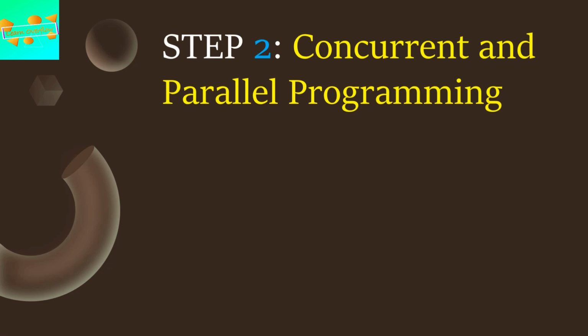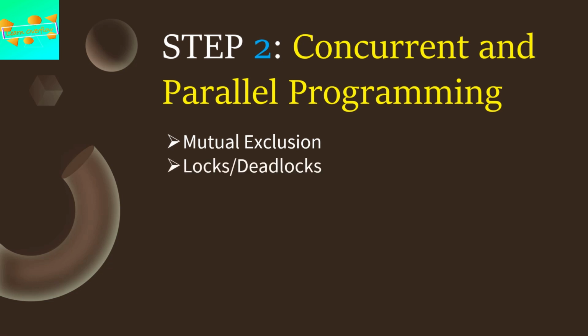Moving on to step two. Step two is concurrent and parallel programming. In this, you should know a bit in depth about parallel programming and threads. You should know about mutual exclusion, how this is done, and how deadlocks are created and solved. You should also learn about the thread concept,